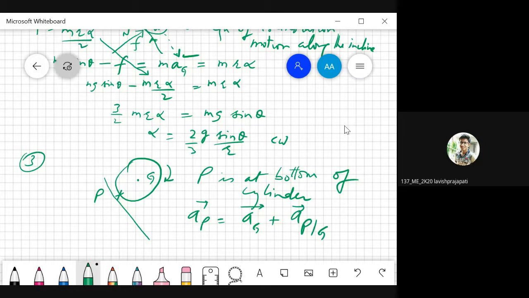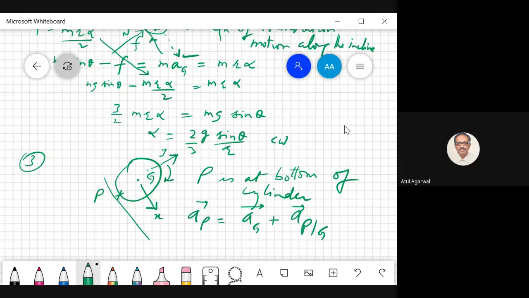Now what is the acceleration of G? You know that it is going down the incline in this direction. This point is always having the same distance from the incline, so there is no acceleration in the perpendicular direction. So this is my x direction, this is my y direction. There is no acceleration in the y direction. There is an acceleration only in the x direction. So you can say that acceleration is aG.